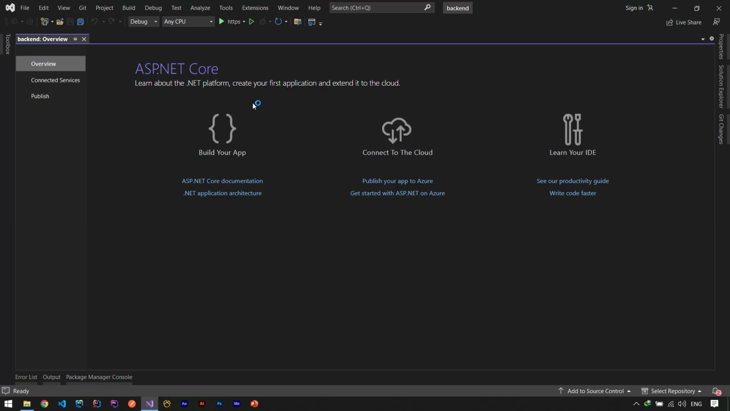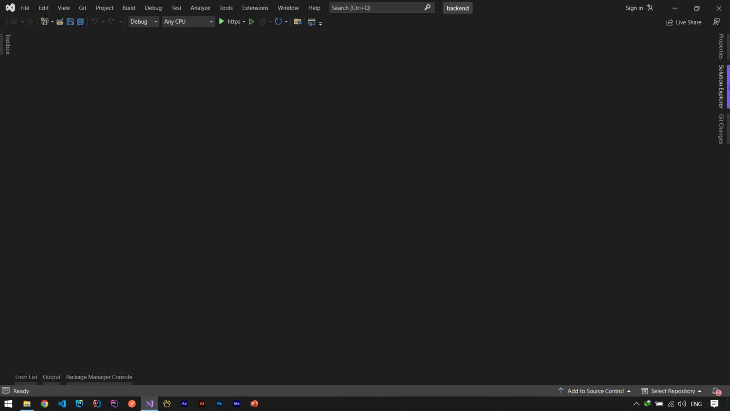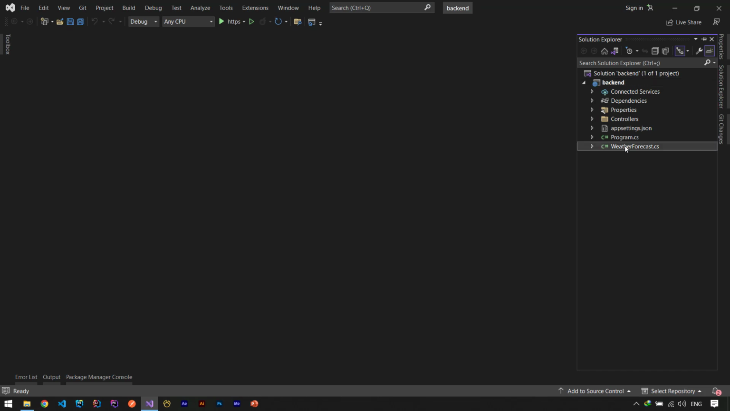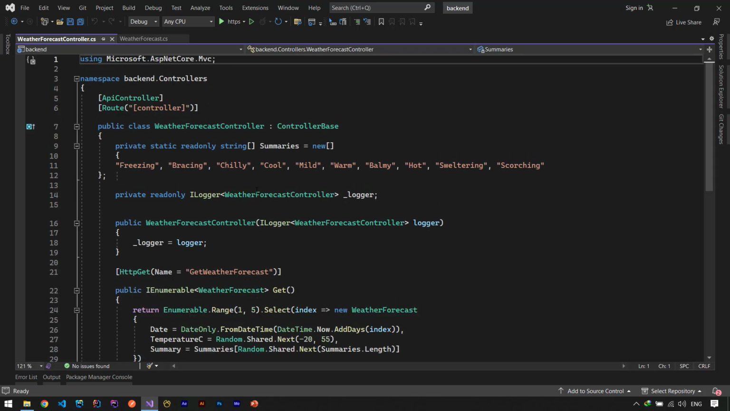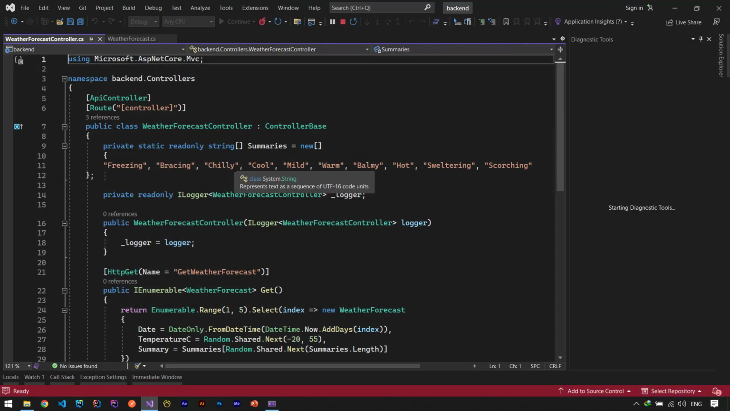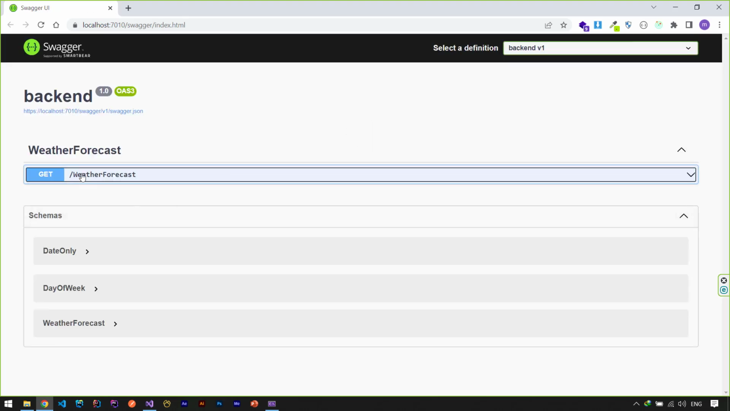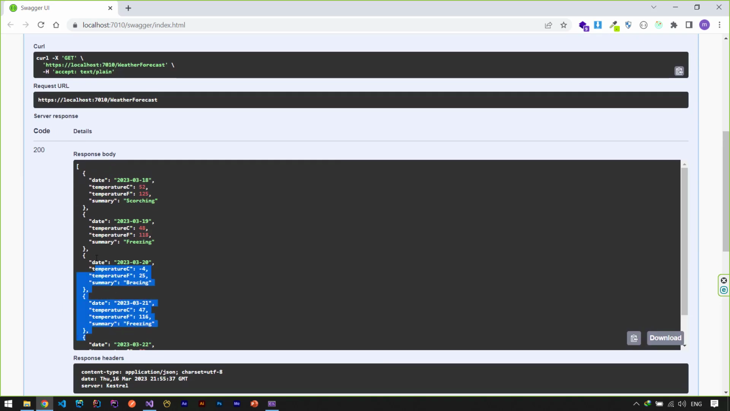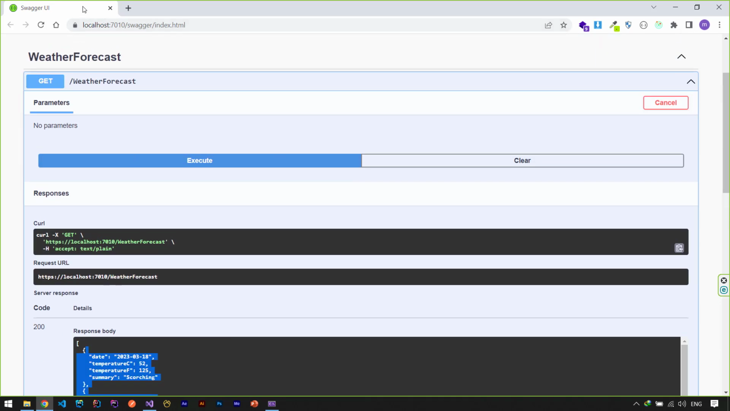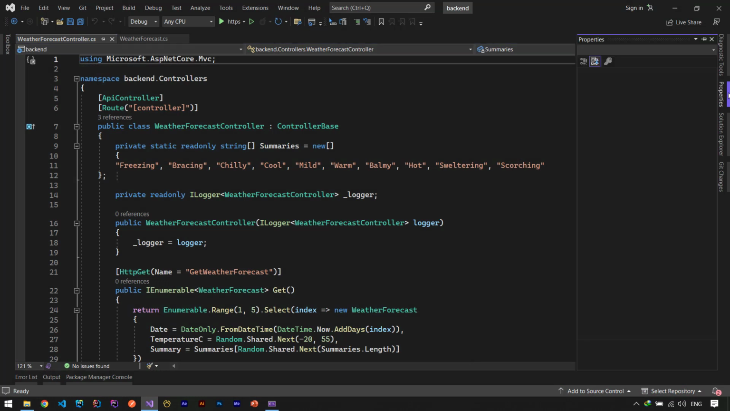So it seems that my project is created successfully. Let's see that I have weather forecast.cs, and I have this controller, which is weather forecast controller. It's a test controller. Let's run the project to see what we have now. We know that we have Swagger inside of this project. Let's try this get, and you can see that we have this array, and this is a test controller,